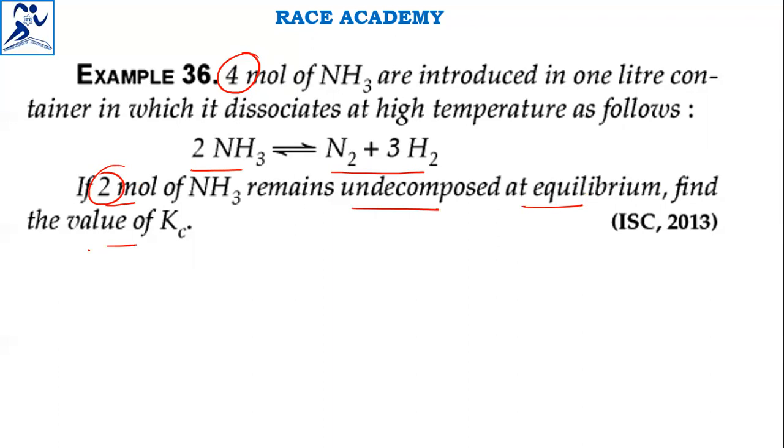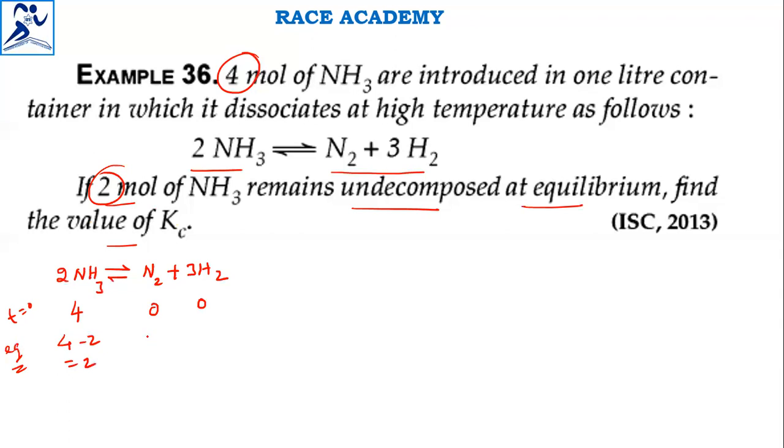Let us see this question. We have the ammonia equation. First we will take the decomposition equation, that is 2NH3 in equilibrium with N2 plus 3H2, all in the gaseous phase only. In this gaseous equation, initially the number of moles, they have given 4 moles of ammonia. So initially no products, it will be 0 at time 0. But at equilibrium condition, what will happen? They have already given that 2 moles is dissociated, means from 4 we have to subtract 2. 4 minus 2 is 2 only.